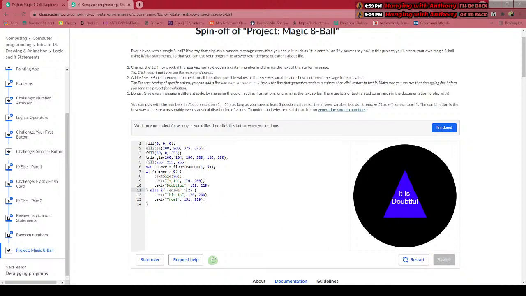Wait a minute. I think I know what to do. So answer is that to 1, and then it's that to 2. So it would be okay. It's like generating at random times, but let's make this 3 instead of 5. So it's only doing those 2, I guess. So else if that. So this needs to be bigger. Wait, no, it doesn't need to be bigger. It just needs to be that and this, but